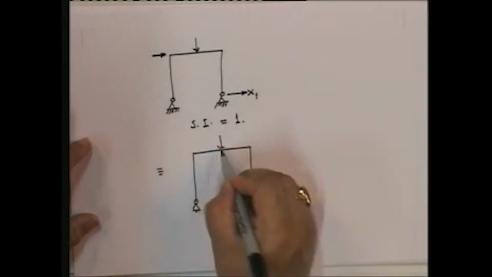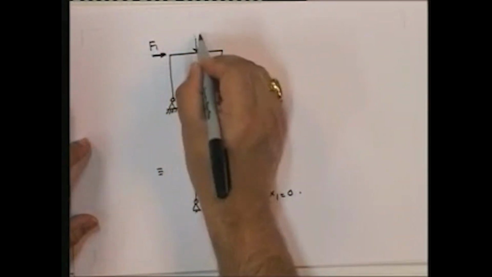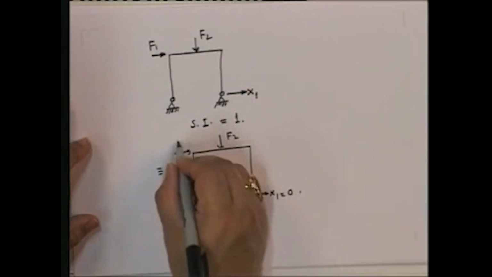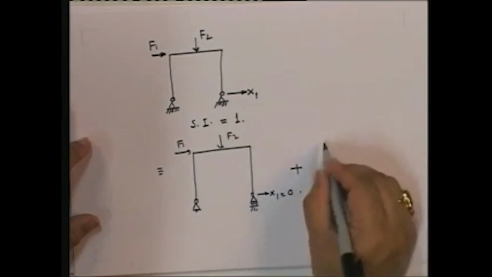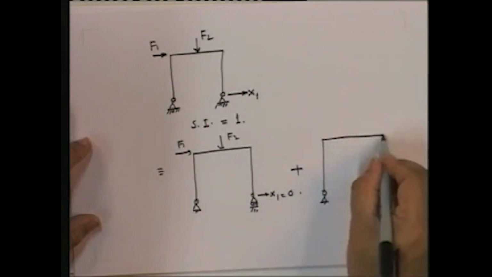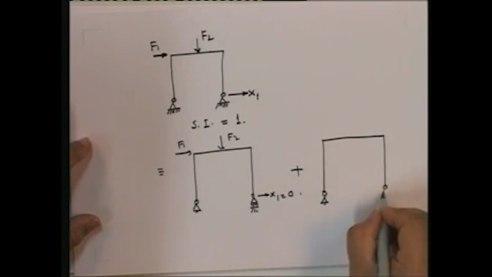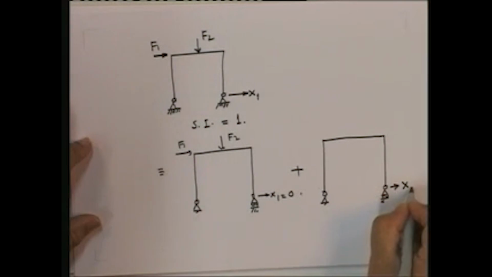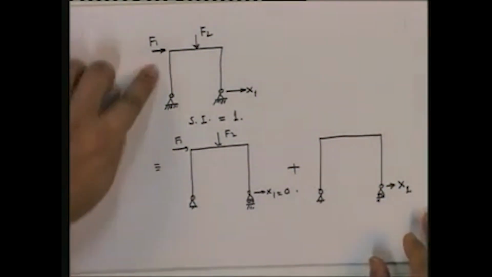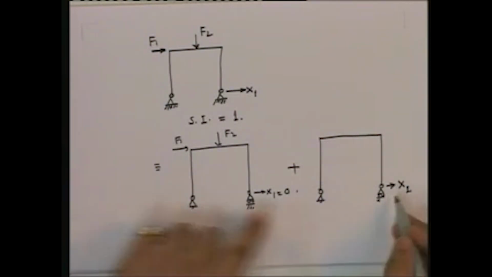So my base structure, so let me say F1, F2, so I have F2, F1 plus, so this is equal to this plus this,